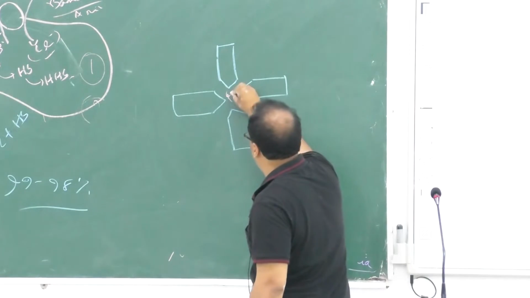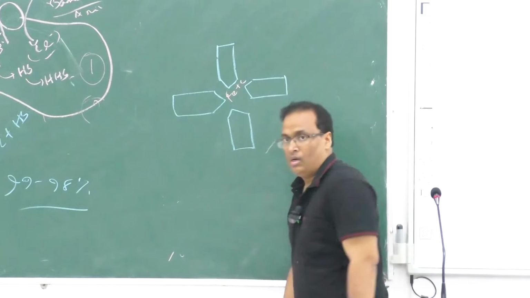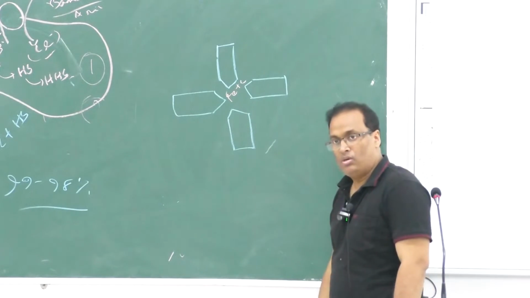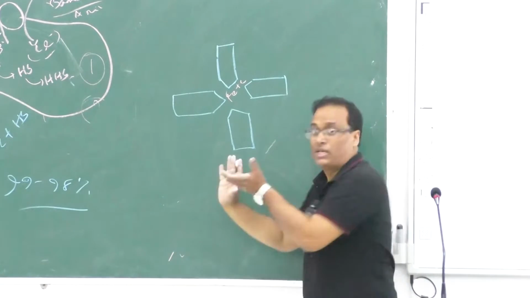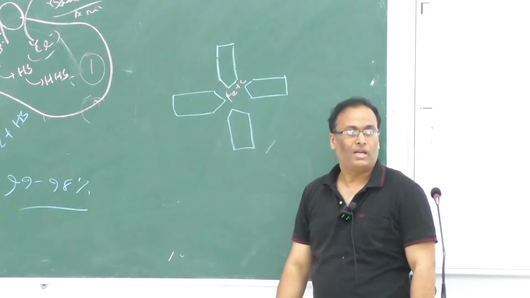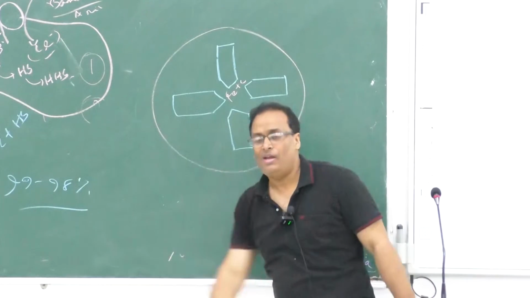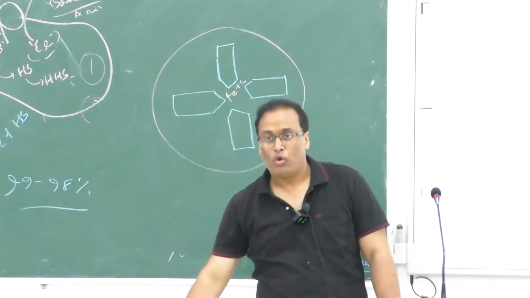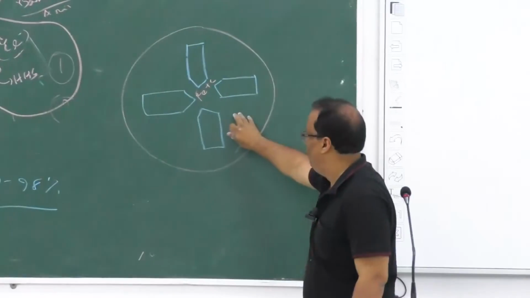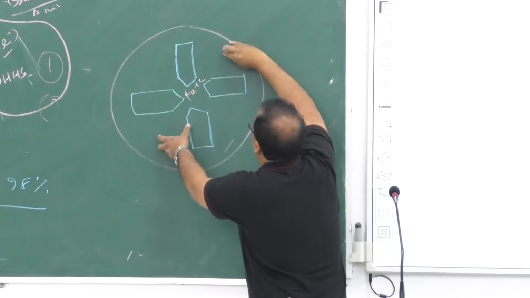Fe+2, এটাকে বলছে একটা পাইরোল রিং। কটা পাইরোল রিং আছে? 4টি। প্রোটোপরফাইরিন এটাকে বলছে।